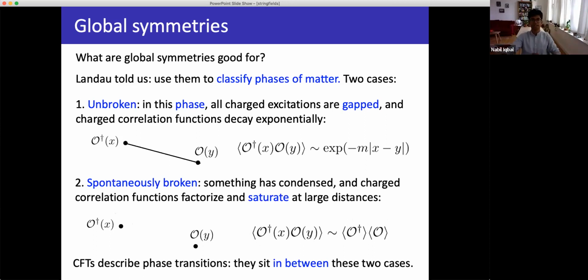Okay? This is, of course, very different from the previous case, where no matter how far apart you move them, if you double the distance, the correlation function becomes smaller. That's not the case here, it saturates. So these are the two basic phases that you can have. And finally, one more possibility is you could sit right at the transition point between these two things. In that case, your correlations are sort of halfway between these two. It's not constant, it's not exponential, it's like a power law. Okay? So these are the three rough possibilities, of which these two are the phases.